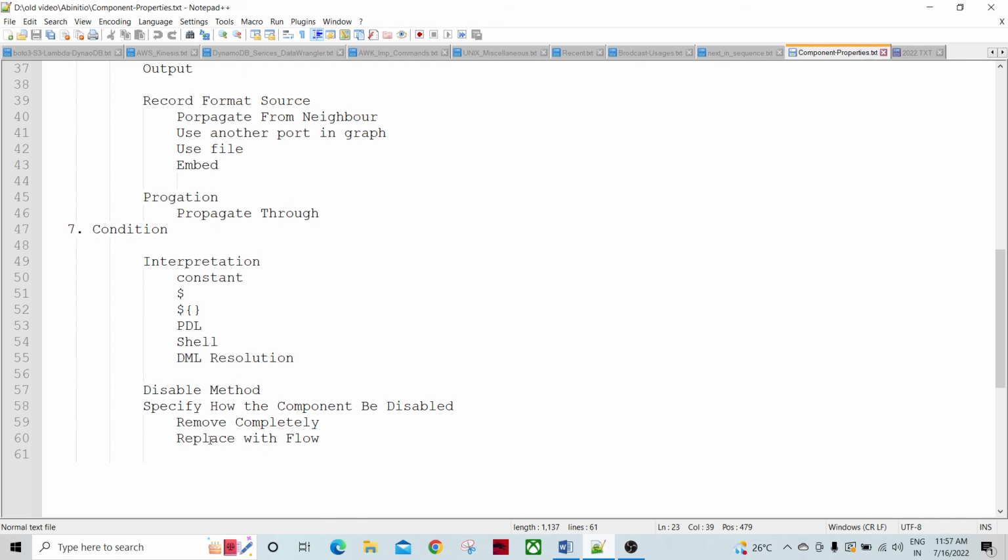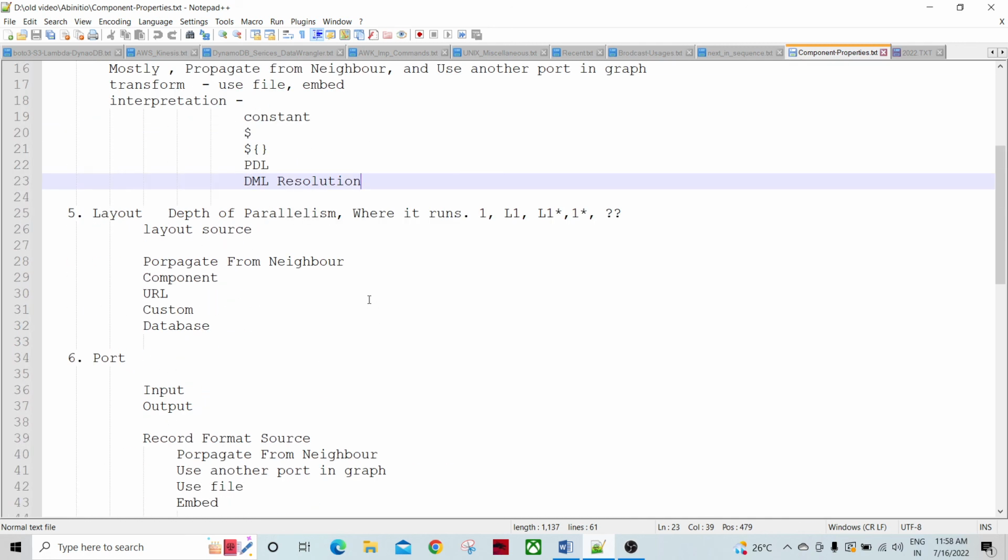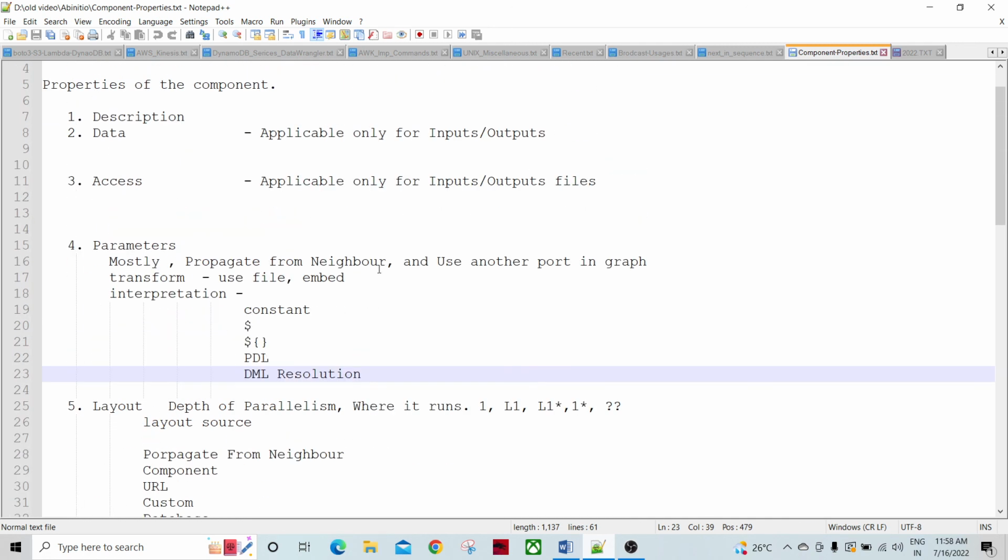Also what remove completed is and what replace with flow is, and what the difference between the two is. These properties we are going to talk about in the next videos. I'm going to create two or three videos on it